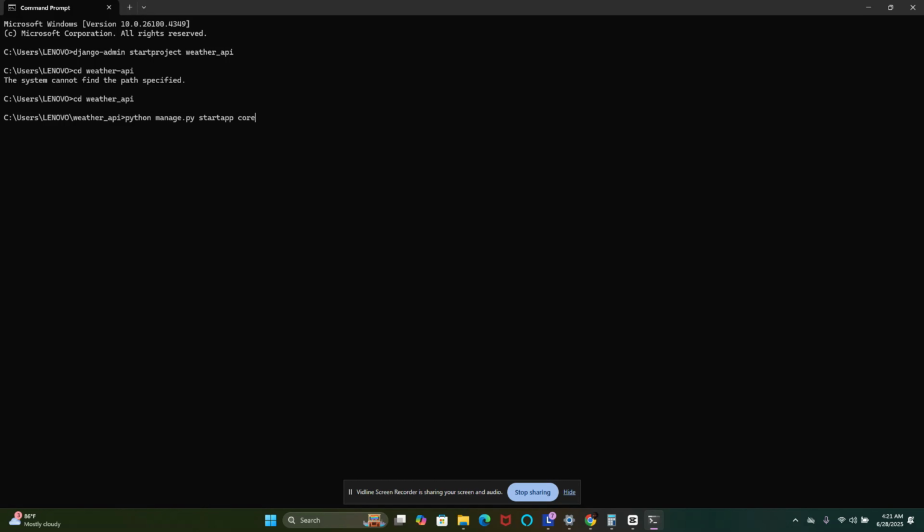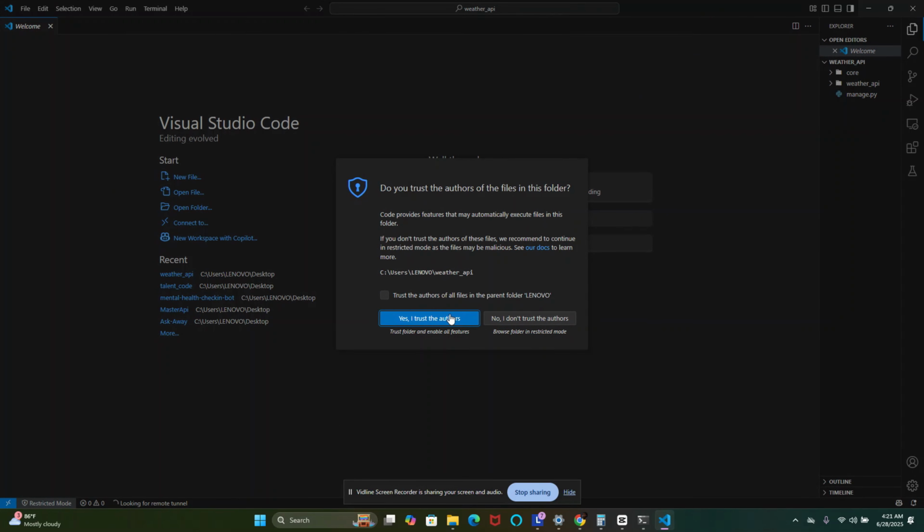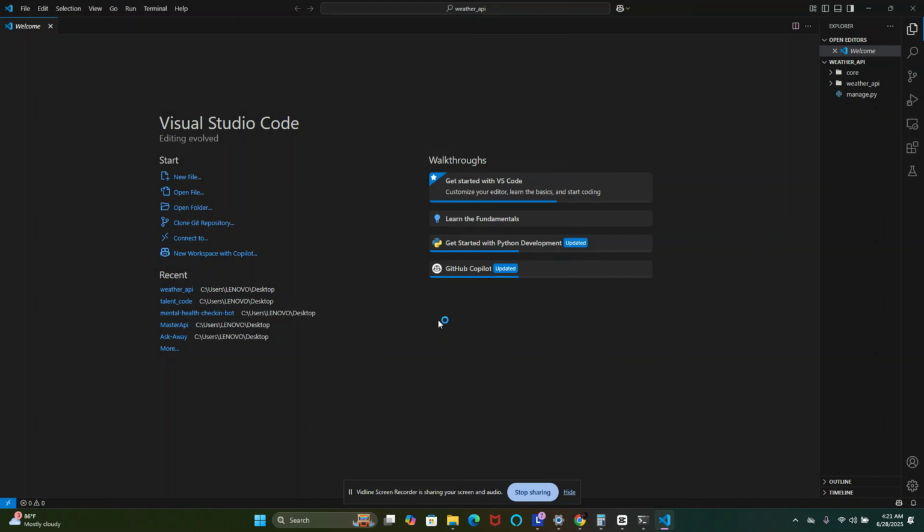Right, so we would open this file in VS Code and then show how we are able to use the manage.py file. If I open this now, you can see that right there on the right hand side there's a manage.py file, which is the main file for executing any form of command in Django. So I'm going to open up my terminal